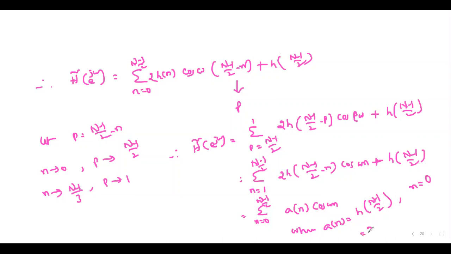It is equal to 2 into h of (N minus 1)/2 minus n for n greater than 0, that means from n equal to 1. So this is the a of n value. And this H of e power j omega is treated as the magnitude response of the linear phase FIR filter. Whereas the phase, when you compare the phase angle,